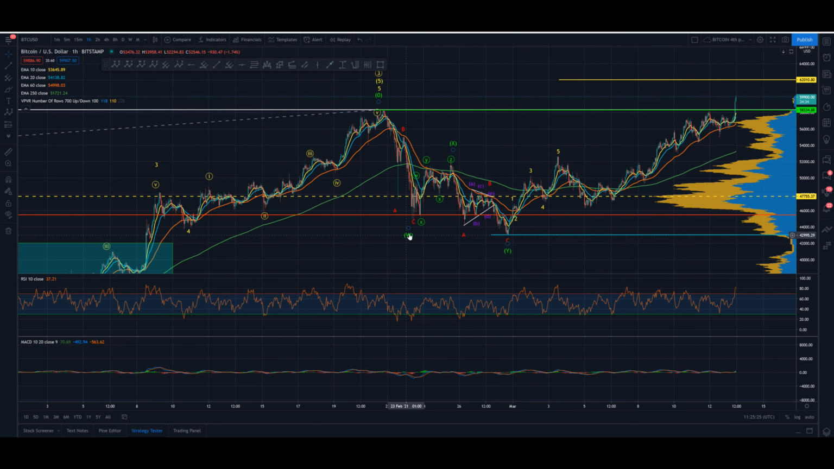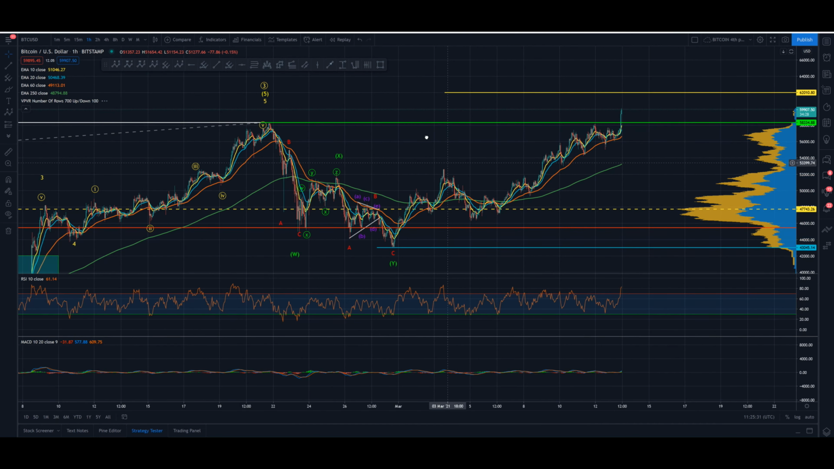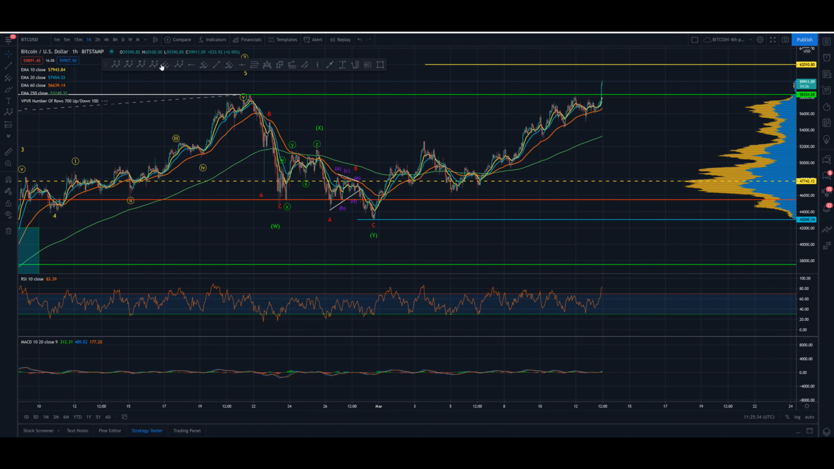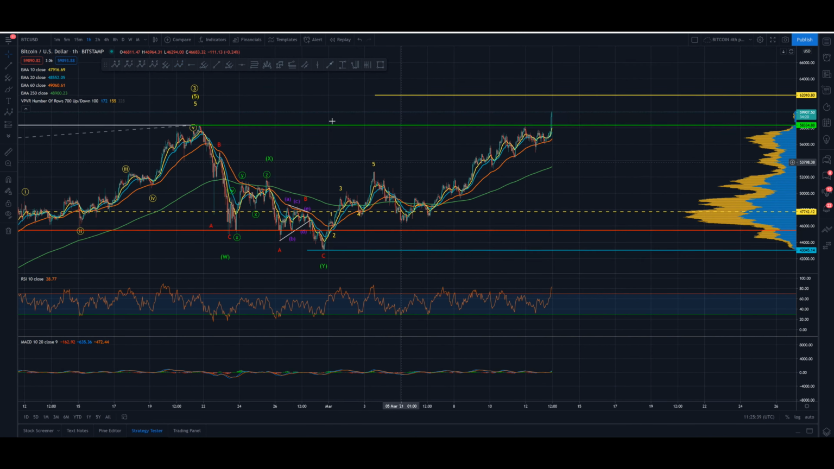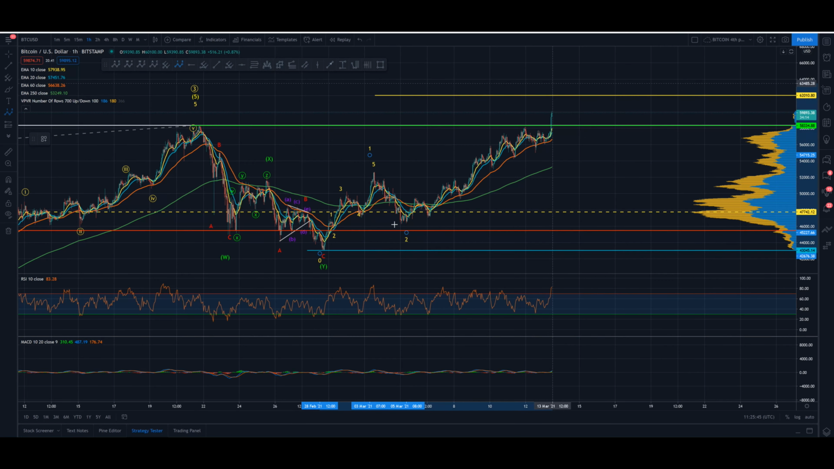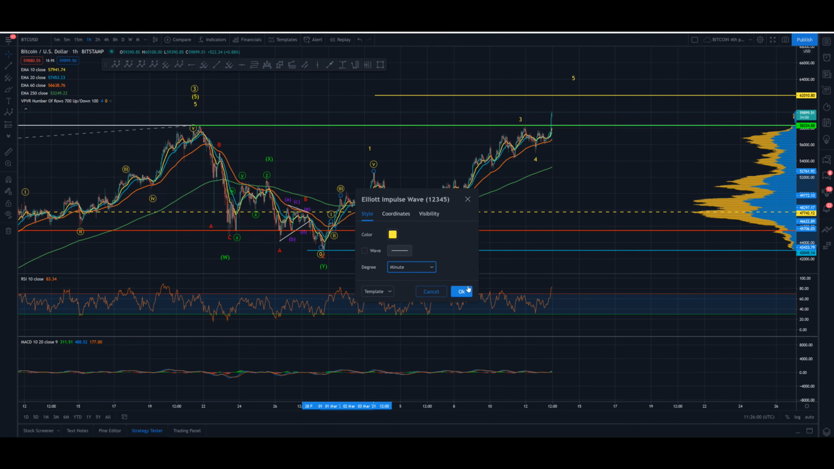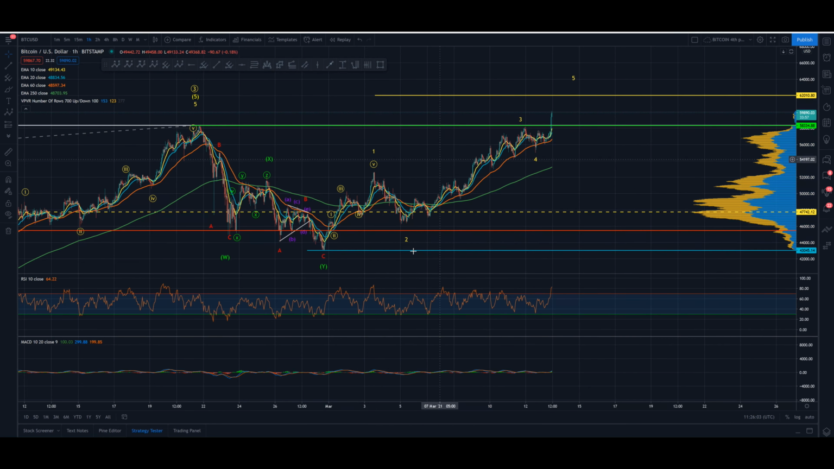Okay, so 3 waves into a W, 3 waves into an X, 3 waves into a Y, triangle in the B, impulse wave out. So now it's just a case of, why did I do that? Excuse me. Right then, so 1, 2, 3, 4, 5, and that becomes 1. This becomes 2. Looking for 1, 2, 1, 2, 3, 4, 5, 3, 4, and a 5. Okay, we need to bring this down to minute time frame. Okay, and then we need to leave this at intermediate. Then we need to bring in another minute time frame here for